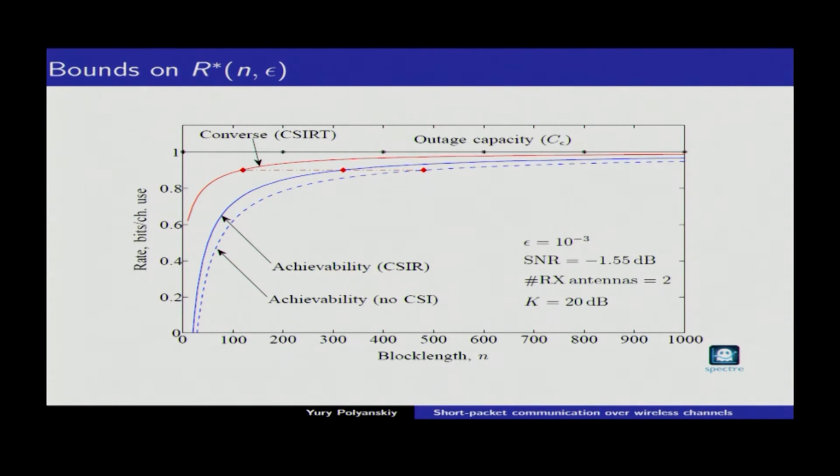So okay, here's the numerical example. Again, this is the same range of block lengths as before, and you can see that, first of all, my bounds are worse because this channel model is harder, but you converge much faster. You can see that you converge to within 90% of capacity, this is the horizontal line, with already a few hundred channel uses. Okay, so that's a good thing.